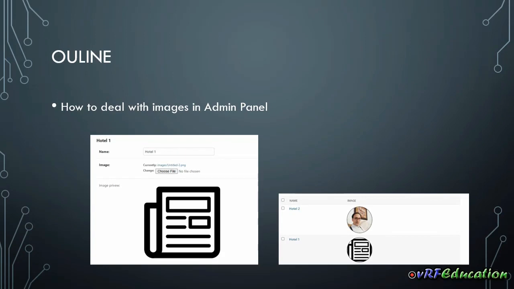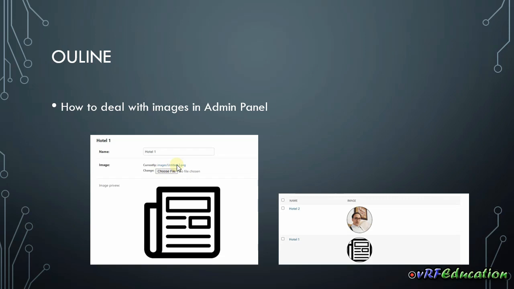In this session, we are going to see how we can deal with images inside Admin Panel. When we want to add an image field into our model, we have something like this. Django gives us a file widget, and you can choose a file. And then here we have a link to the uploaded file when we want to view what we inserted inside the database. So we can click on this link to open that image in another page or another tab inside